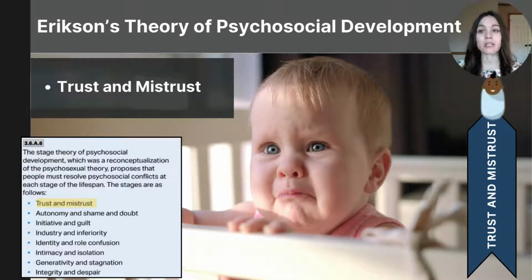An example would be an infant who relies on their caregiver for food and comfort and care. And if that caregiver is responsive, then the child is going to learn to trust that their needs can be met. Now, the positive outcome is that the child is going to feel a sense of trust and safety in the world. And the negative outcome would be if those caregivers are neglectful and inconsistent, the child might develop a sense of mistrust and fear and anxiety. And a secure attachment in infancy is going to lay the groundwork for healthy relationships and security later in life.